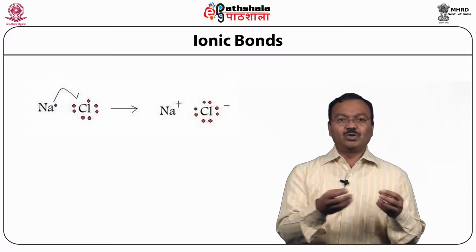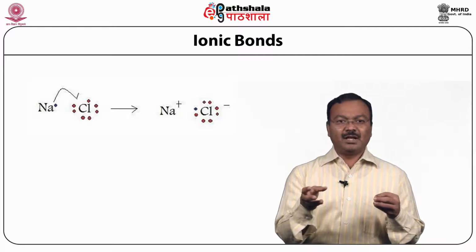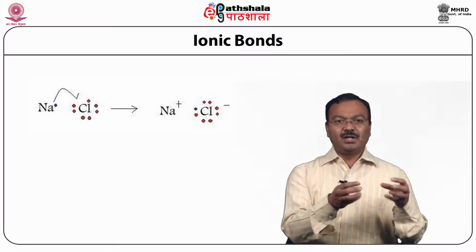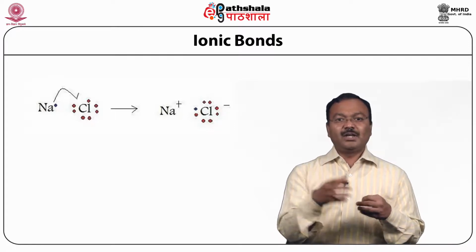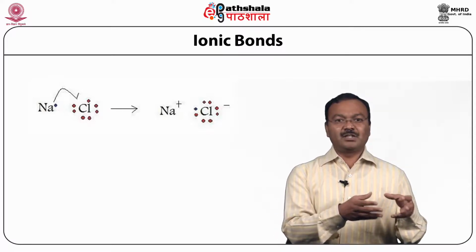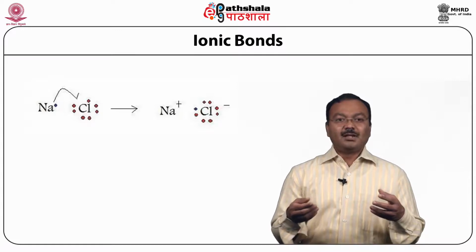Here we know sodium has 11 electrons, so it can easily give away one electron and have a satisfied outermost shell, and chlorine has one less to fill the outermost shell, so it can take one electron. So the sodium ion will become positively charged and the chloride ion becomes negatively charged. The ionic bond is